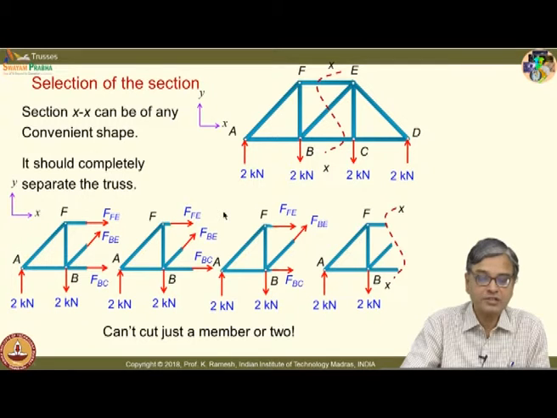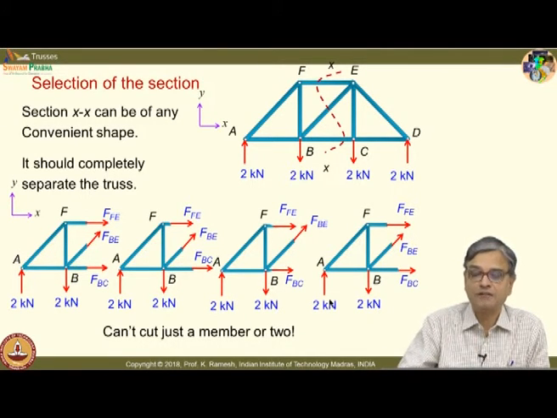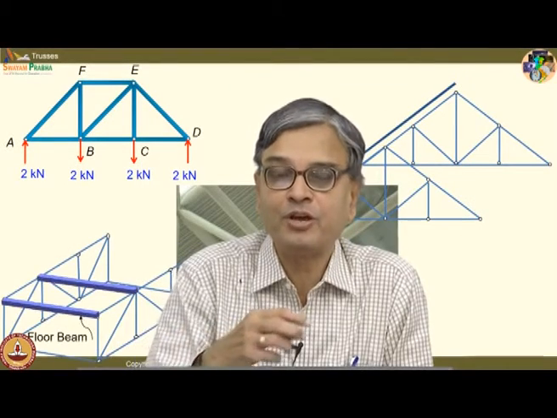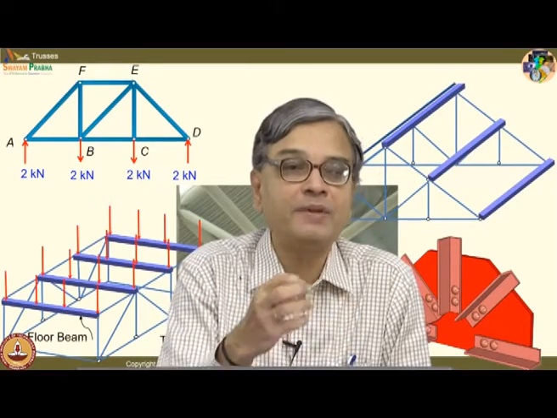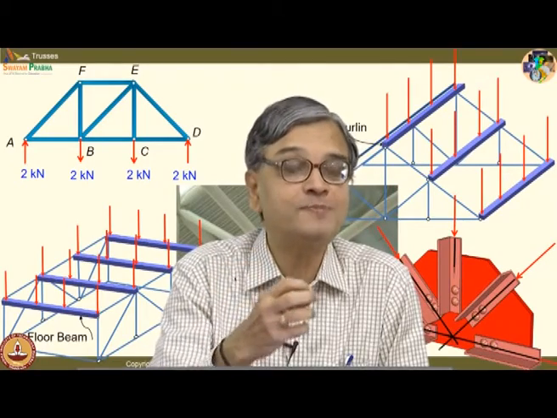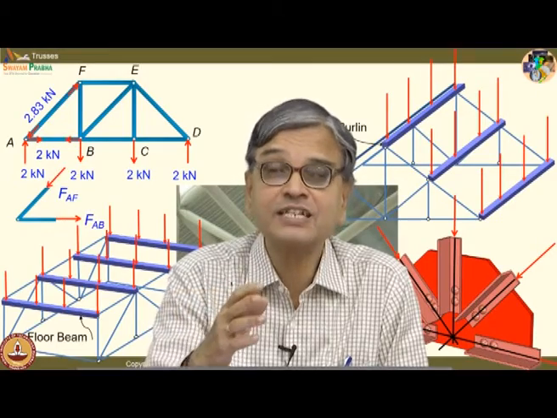So, I could use any one of these free body diagrams for me to apply the method of sections. They are one and the same. The focus of this is to indicate I could have even a curve like this to cut a truss. So, I am prompting you, when you have a problem later, if you can have a wavy cut, if it is going to simplify the problem, go ahead and choose it. Method of sections does not say you have to put a straight line.